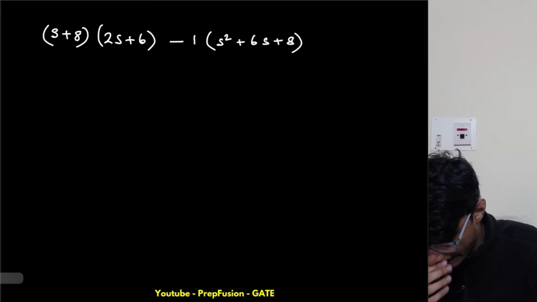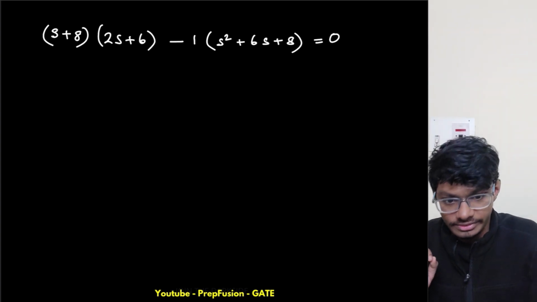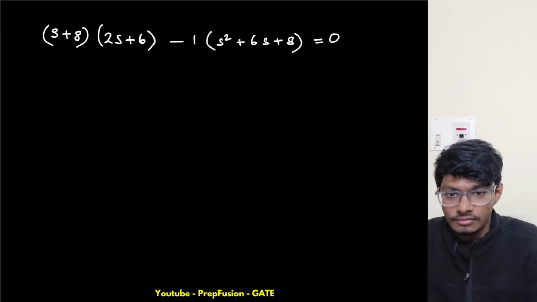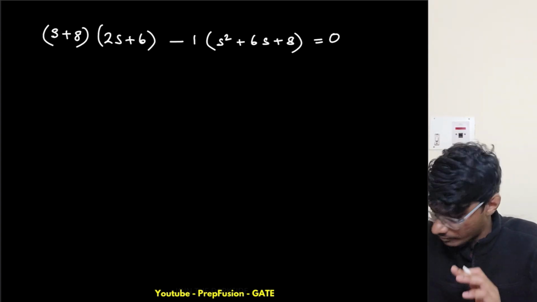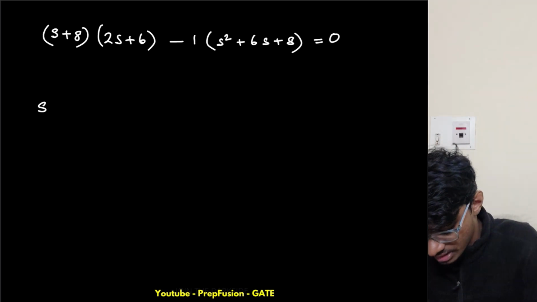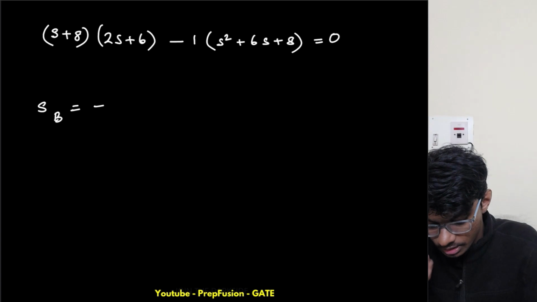So 6s plus 8, right? So this is my B'(s), so this is equal to 0 itself. If you solve this, I won't solve it, I've already written down the solutions, won't waste time. So my potential breakpoints come out to be two points,